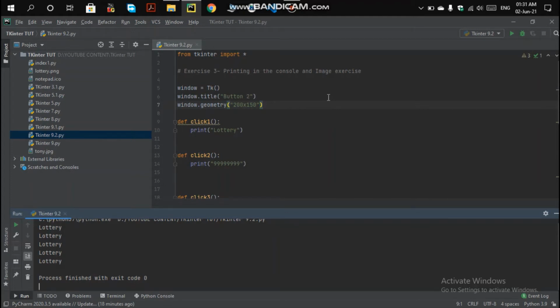In this tutorial series, we are learning the Tkinter module of Python to make GUI applications. In previous videos, we have seen many topics like widgets, the label widget, and how you can set your image over your button and all this stuff. In this video, we'll see how you can display your message over a box in your window. This will be a type of pop-up window over any window. This type of functionality we will be showing in this video.